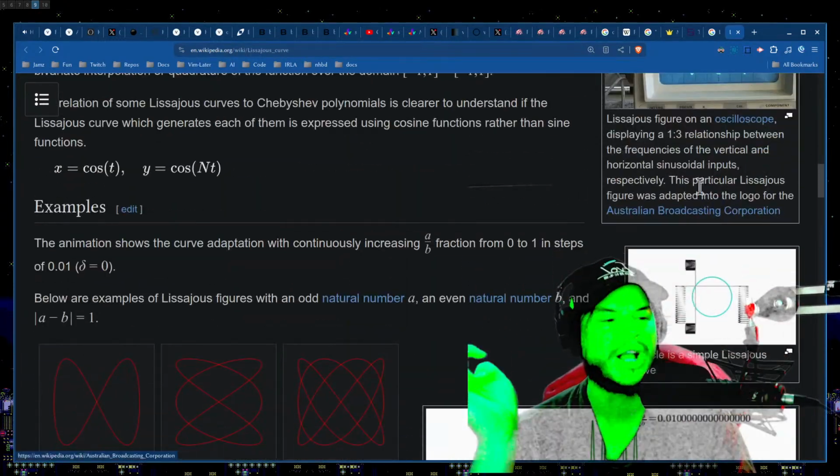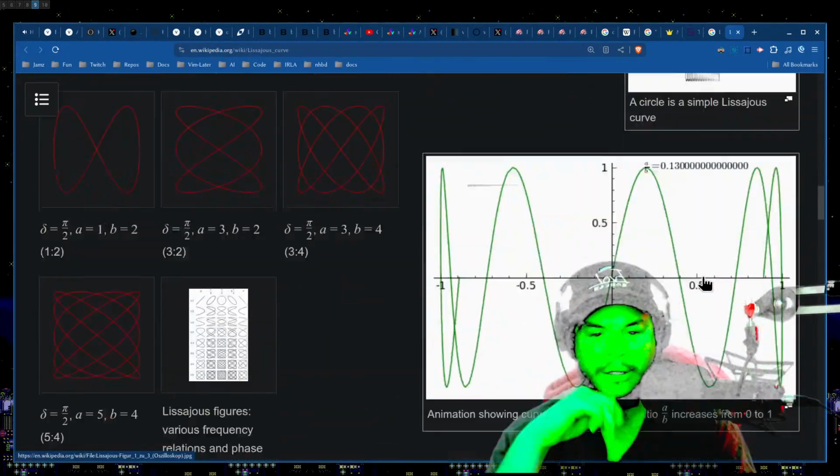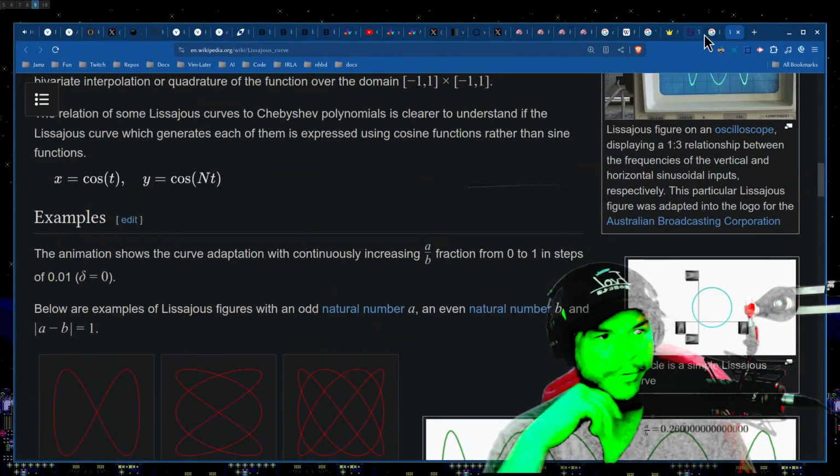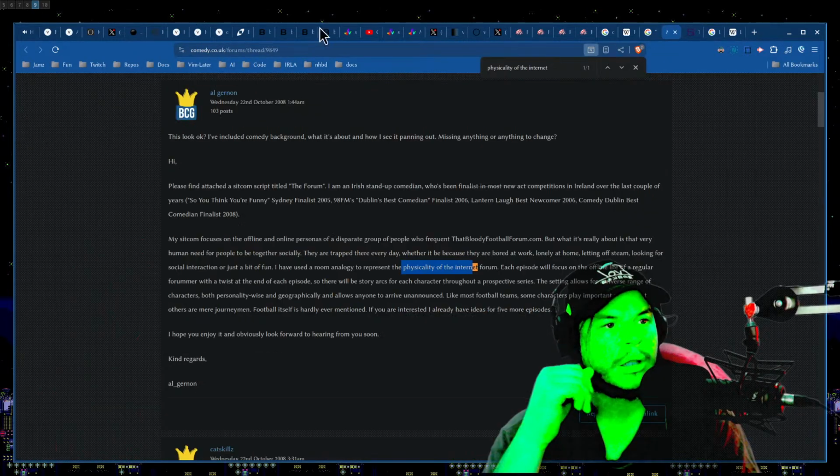Oh, I've seen those on those oscilloscopes. I've seen one of those, man. One of my buddies, he's got one of those in his garage. Now,